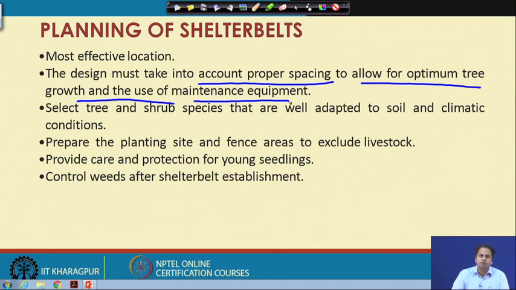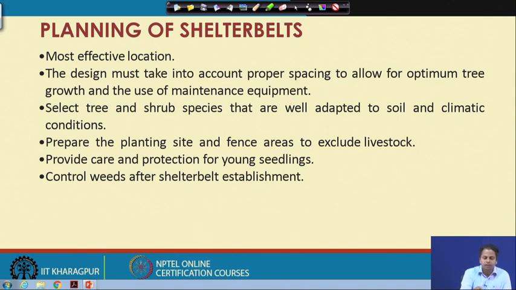Although our objective is to reduce the wind speed and protect our structure, you need to consider other factors also. You need to provide sufficient space for optimum tree growth, as well as to perform maintenance activity, so we need some excess length as well.